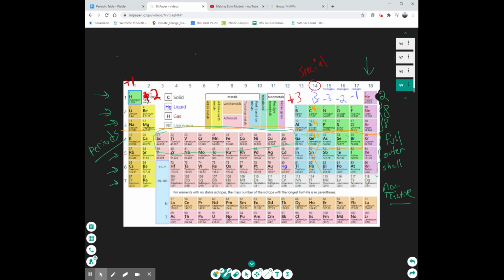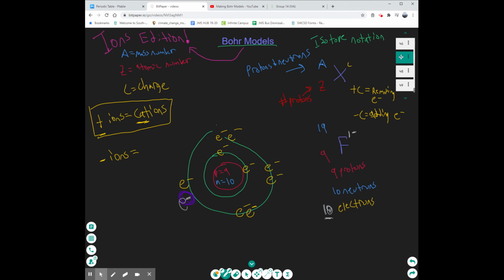So carbon can gain 4 additional electrons, which means carbon wants to bond with pretty much everything. That's what makes carbon a good building block for life, because carbon's like, bond with me, dog. We're bonding. Now, what's a negative ion called? It's called an anion. And an easy way to remember this is